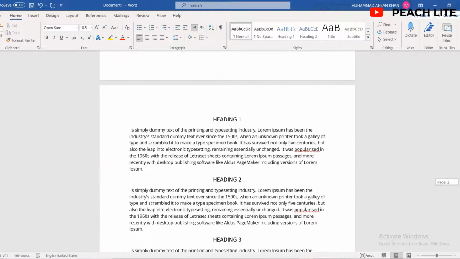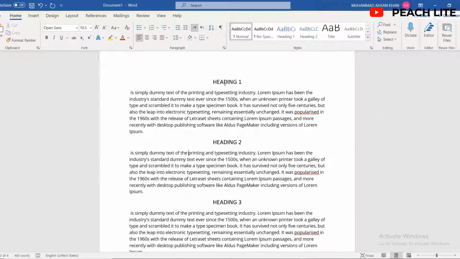So first of all, select your heading number one. Then you have to open the Home tab in Microsoft Word, and you can see there are Heading 1, Heading 2, and Title styles. This is Heading 1, and we are going to make an index.